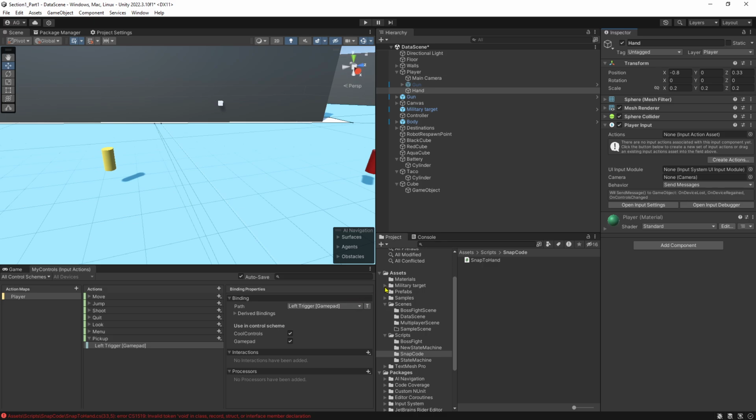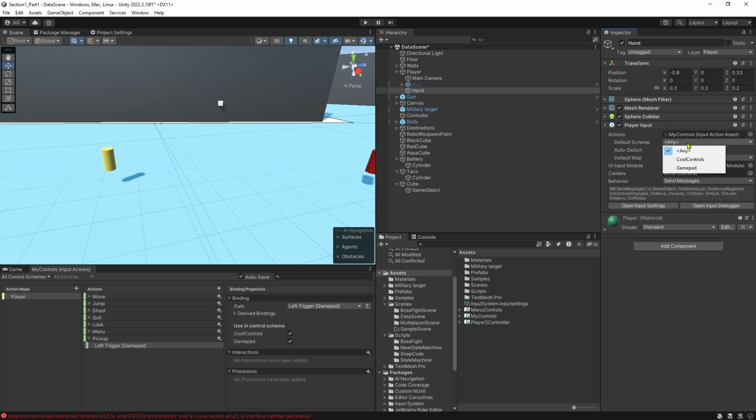We're going to once again come to our assets, drag our my controls into the actions. We'll set this scheme to gamepad. Unclick the auto switch. We'll leave it player because that's what it is. We'll have our main camera be our camera. And then this allows us access to all the ons, right? So now we have this on pickup here,